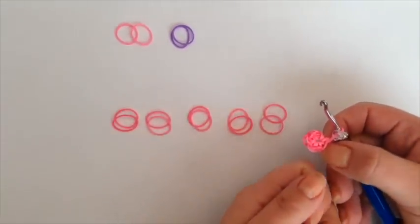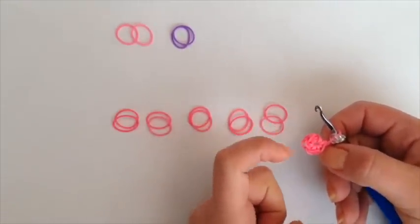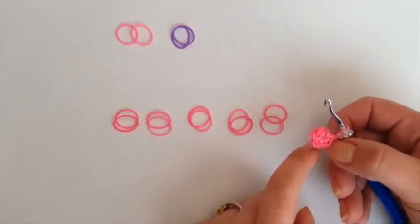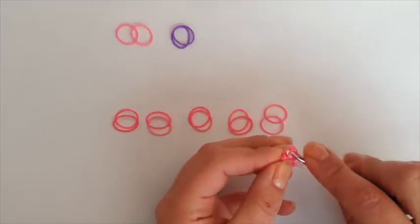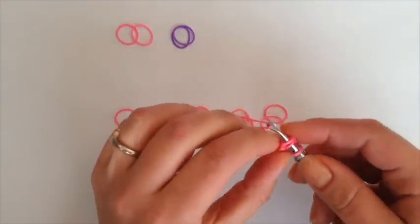Round 2 of the hat, what we're going to do is use 10 bands. I'm going to increase on every stitch, so I'm going to be adding 2 bands. So at the end of this round, you're going to have 10 stitches. So going in the first, we're going to add 2 bands, one at a time,